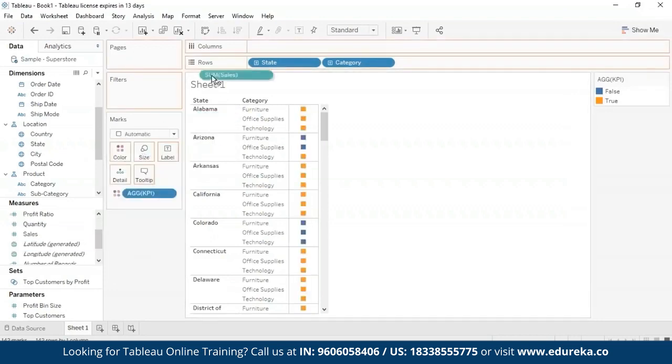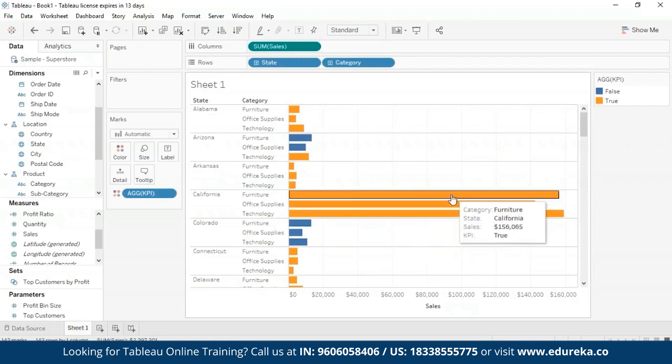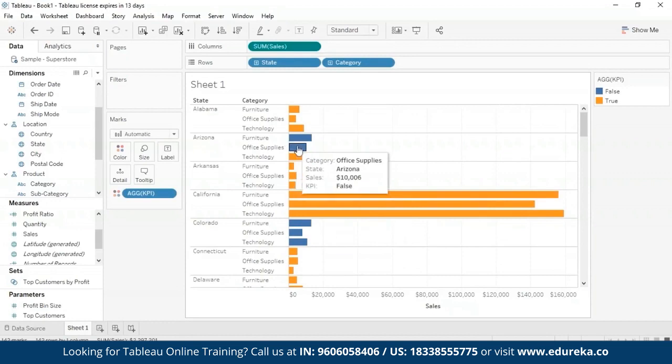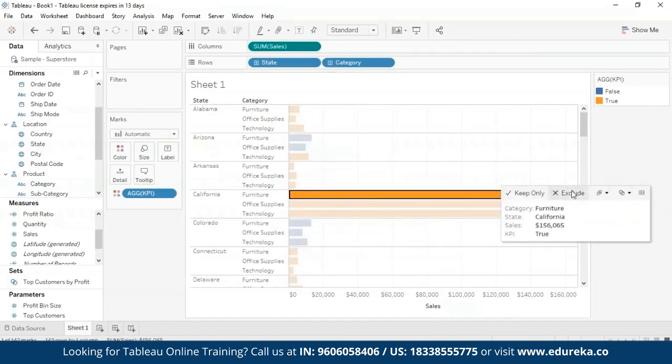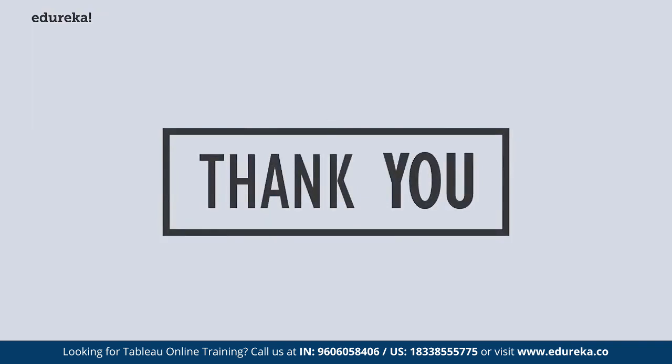And I'm going to turn this whole thing into, so I'm going to take the sales and put it in the columns. You can now see which categories are losing money in the states. So all these orange ones are the ones in profit and the blue ones are the ones at loss. And that's the simplest use of the logical functions. You can use this for way more because Tableau is capable of not just pretty graphs, but a good